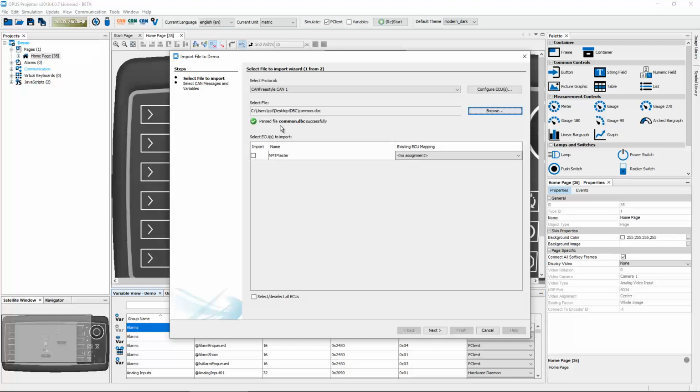So the file has been parsed, and now in the first step I can choose what happens with defined ECUs in this DBC file. There's one ECU here, and now I have three possibilities. The first one is I just click Next. This means that the ECU will be mapped to the first ECU that has been created for this protocol. The second possibility is I choose an existing ECU where everything will be mapped,